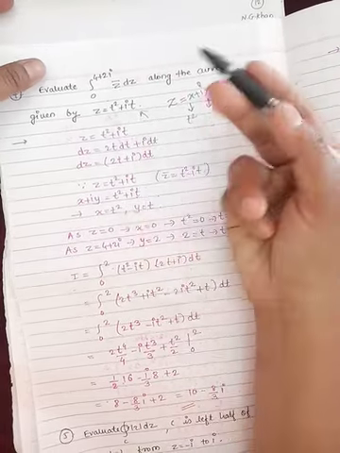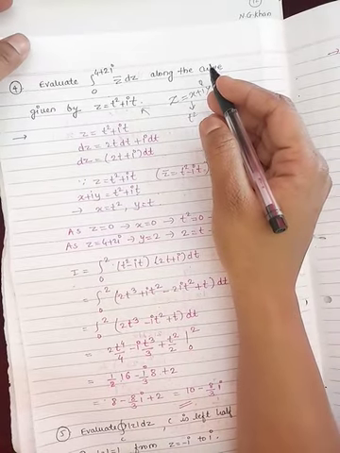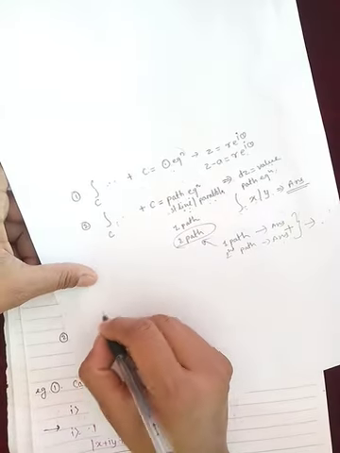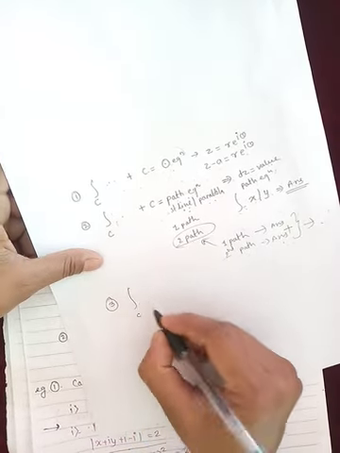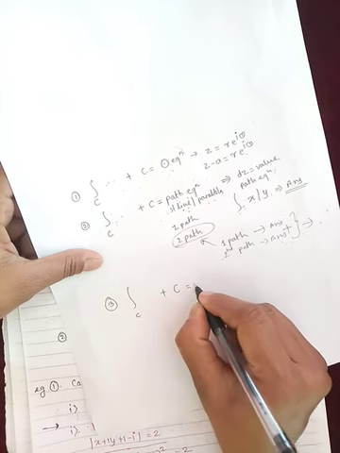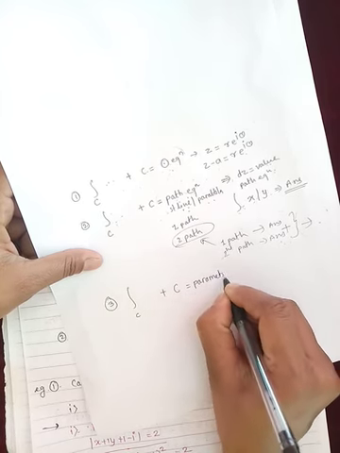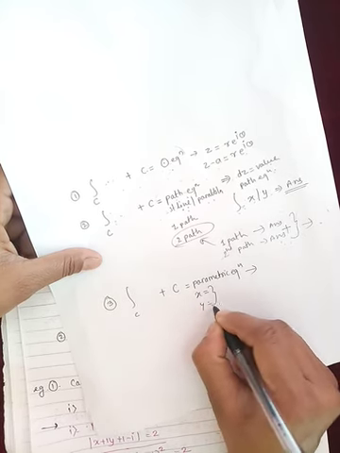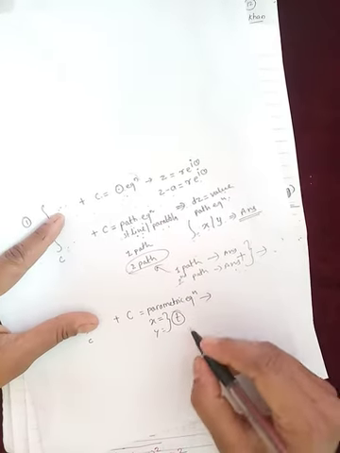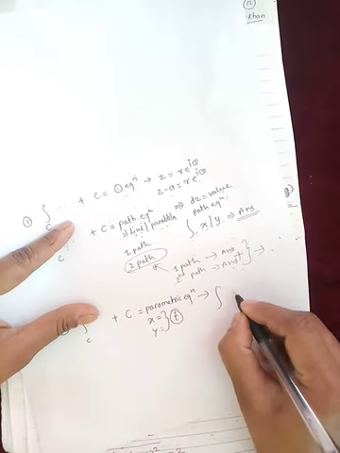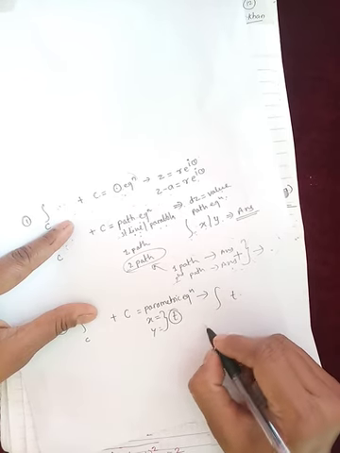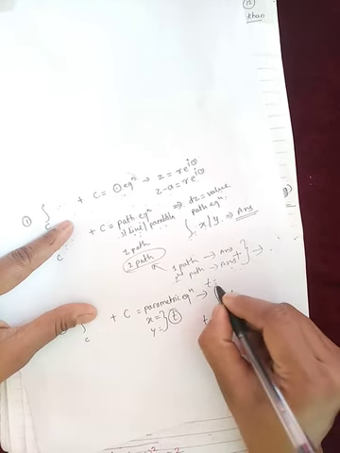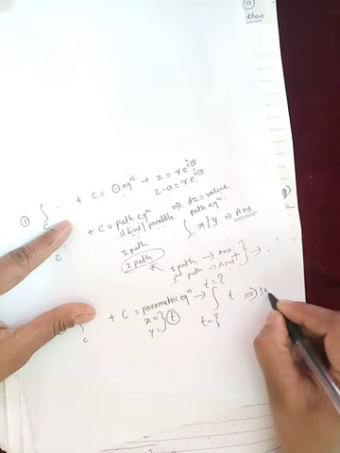Same example we have seen in the previous lecture. So what is the type of that example? That is your third type: the integration function is given, and the curve is given in the form of a parametric equation. Parametric equation means the x, y values are given in the form of another variable t. So for this type of example we have to convert into the t variable, and for that we have to find the t limits and then solve the integration. So that is your third type. By using this third type we have to solve this.